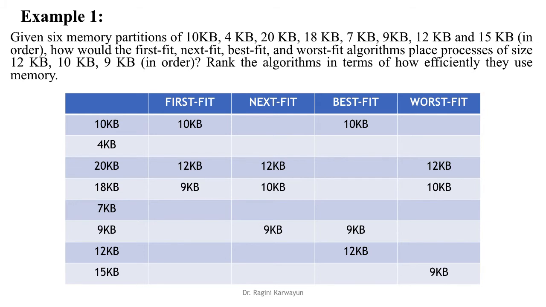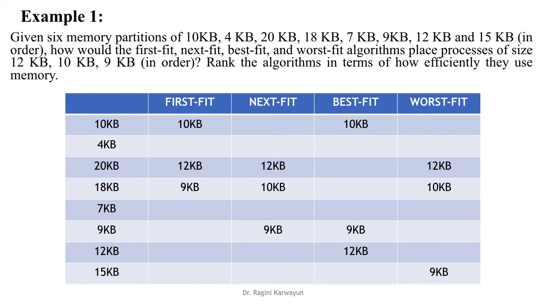For example, suppose the first hole was 11 kb, then also you would allocate the 10 kb process to the 11 kb hole, because 9 kb cannot hold 10 kb and 12 kb is greater. If you allocate the 11 kb partition to a 10 kb process, the fragmentation is least in this case. So in best fit, just do this in your rough sheet. Write these holes in increasing order, don't change the order in your answer sheet, and then try to search. So best fit policy tries to allocate the best hole to a particular requesting process.